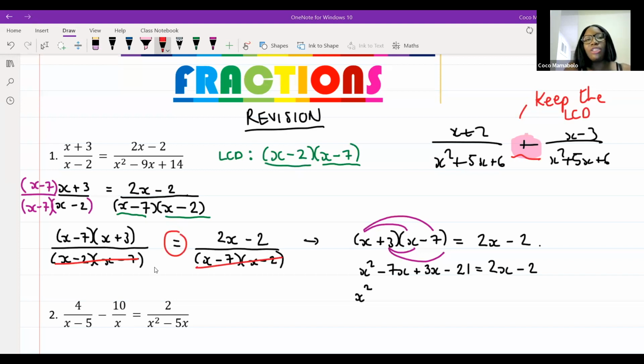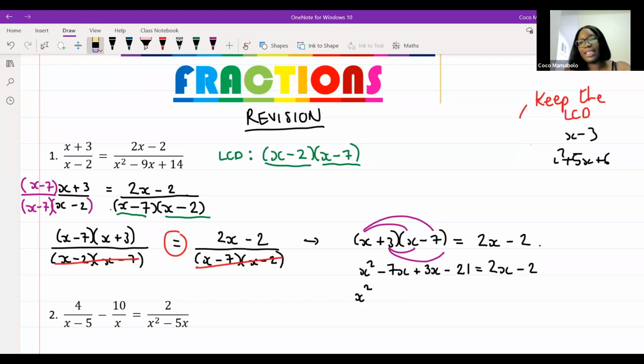Okay, guys, it's not just about the fact that I said that you can't drop the LCDs. It's true, you can't drop the LCDs. But when there's an equal sign, remember, we're proving that things are equal on both sides. So it doesn't really matter how we put it. As long as there's an equal sign in the middle and not a plus or a minus, we can drop the denominator. As soon as there's a plus or a minus, keep the LCD. If there's an equal sign, don't do it.